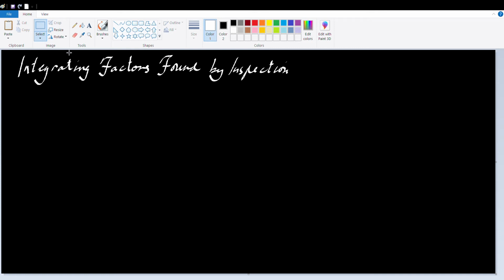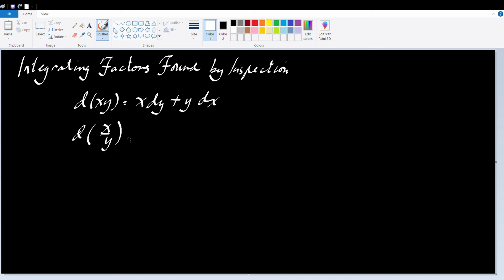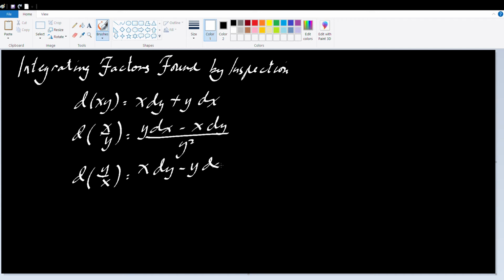But for now, let us consider some equations that are simple enough for us to be able to identify the integrating factor. But to do that, we must be very familiar and must have a sound knowledge about some exact differentials, namely the differential of xy, which is equal to x dy plus y dx, the differential of x over y, which is equal to y dx minus x dy over y squared, the differential of y over x, which is equal to x dy minus y dx all over x squared,